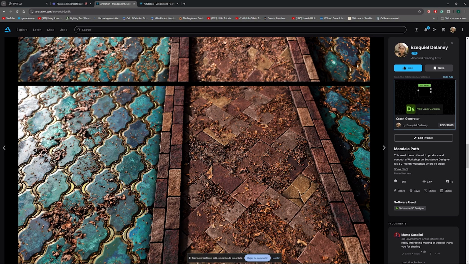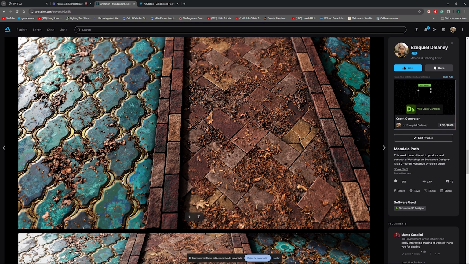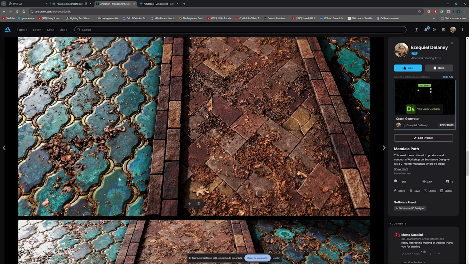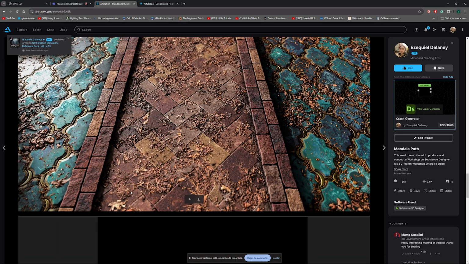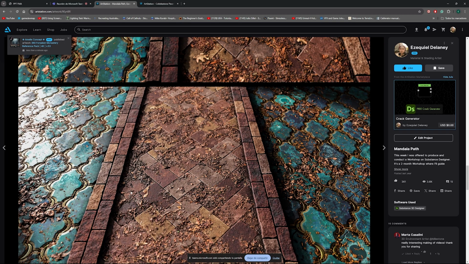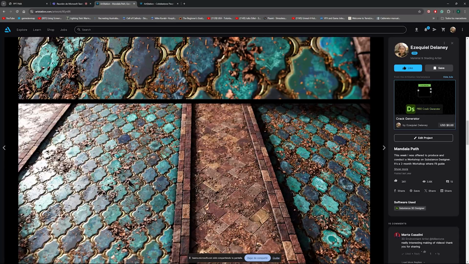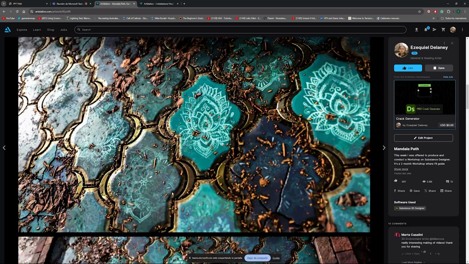But as you're using photoscan data, you're using the most realistic textures and objects you can get. That means that if your materials are not up to the level of this scan data, the difference is going to be too much. It's going to generate too much contrast, and it's not going to look good. Even if you blend them well, it's not going to look good if you don't combine two things that are at the same level.